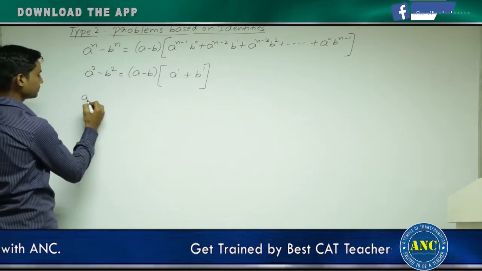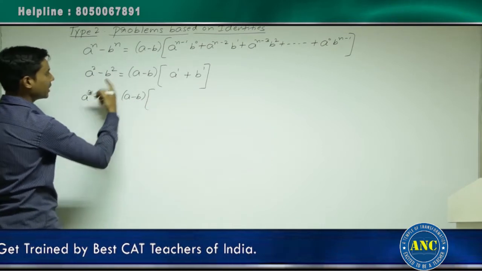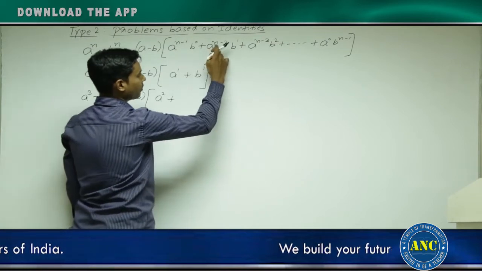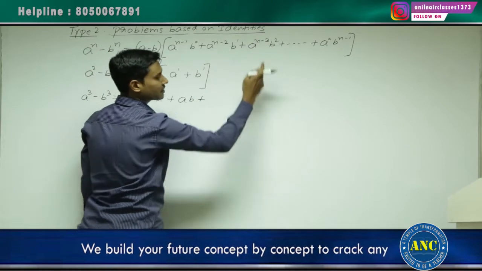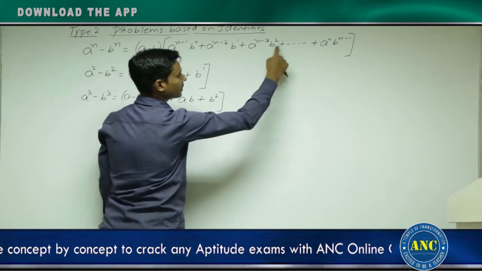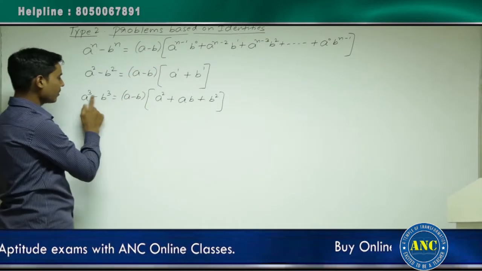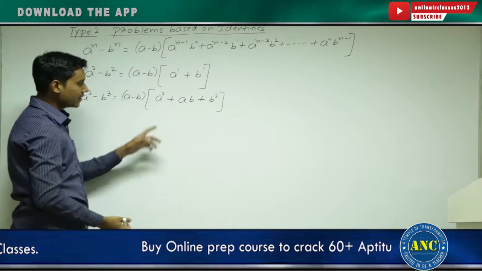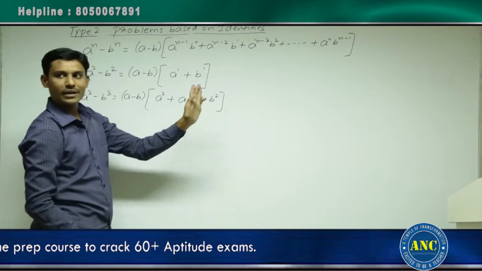Suppose you want to find a cube minus b cube. It is (a minus b) into, substitute n value as 3, a power 3 minus 1, it is a square, plus a power 3 minus 2, it is a into b, plus a power 3 minus 3 is a power 0, that is 1, 1 into b square is b square. After that it becomes a negative power, or in other words you need not actually substitute there. If it is a power 3, here it is already a power 1, another a power 2 should come. Keep on decreasing the power of a, keep on increasing the power of b until you get a negative value,